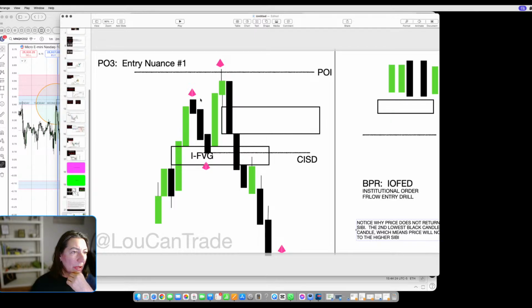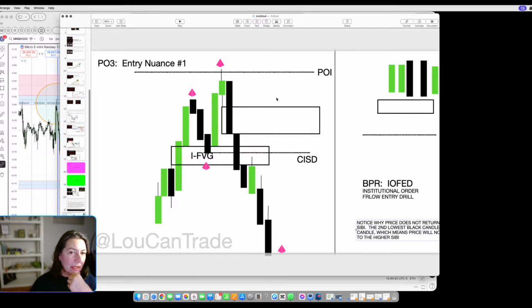And I will be adding this to our Power3 model. One of the things is when we're looking at a static model on paper or a whiteboard,